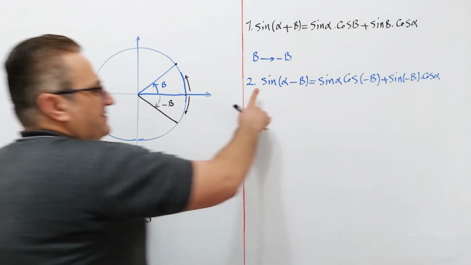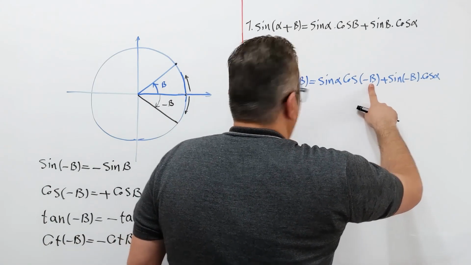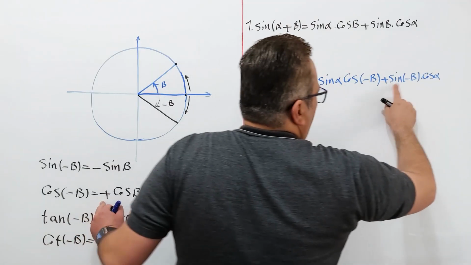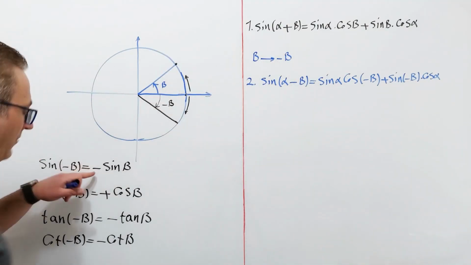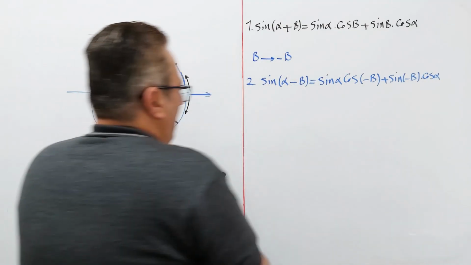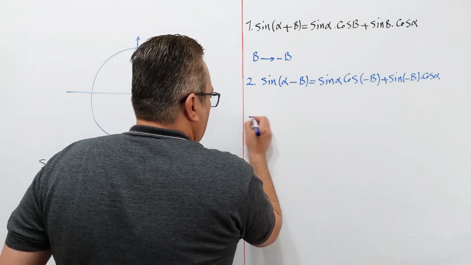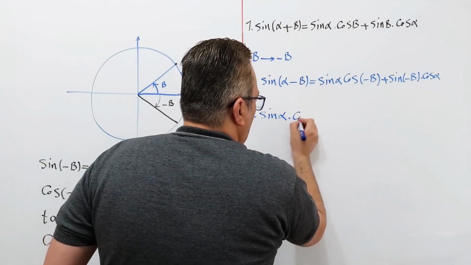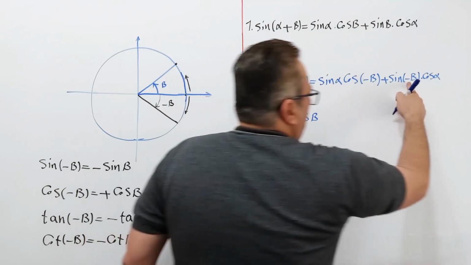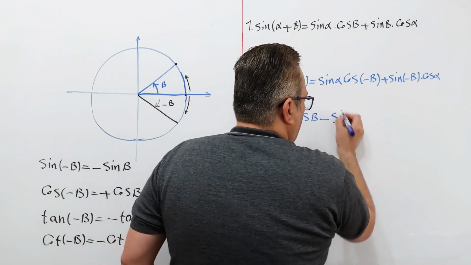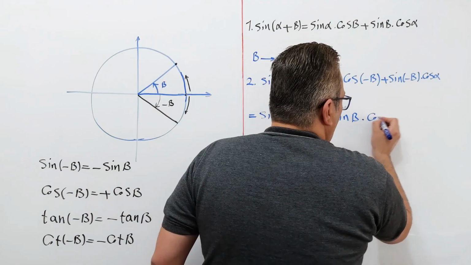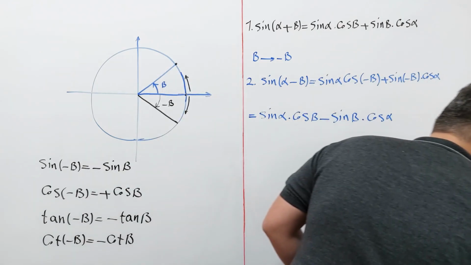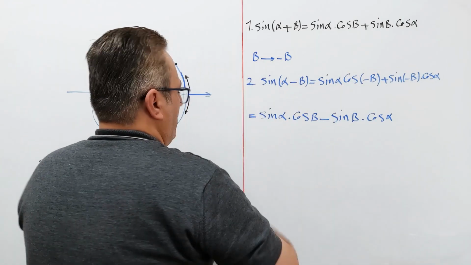So in this formula, cosine of minus beta is equal to positive cosine of beta, and sine of minus beta is equal to minus sine of beta. So we have here sine of alpha times cosine beta minus sine of beta times cosine of alpha. Okay, so number 3,